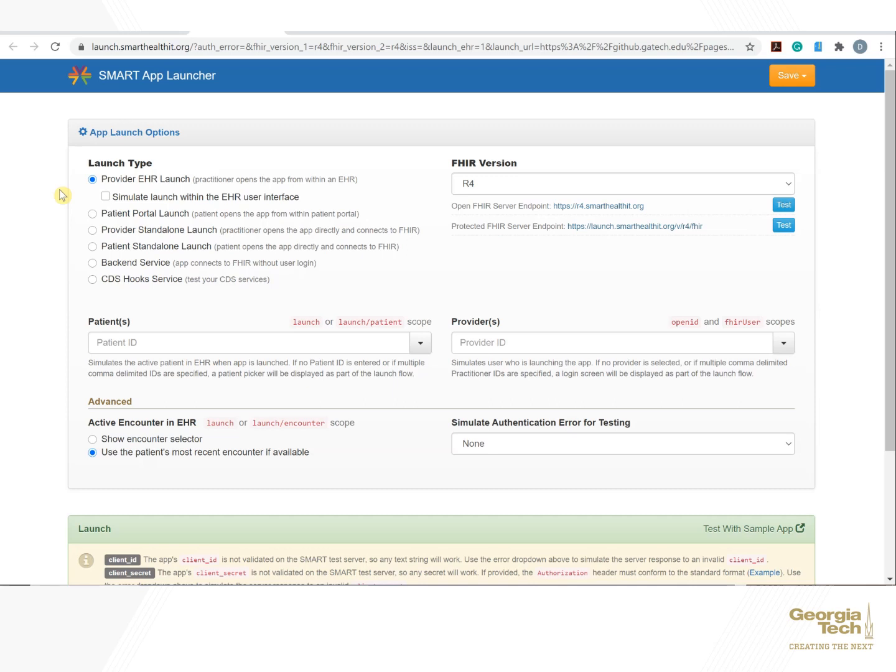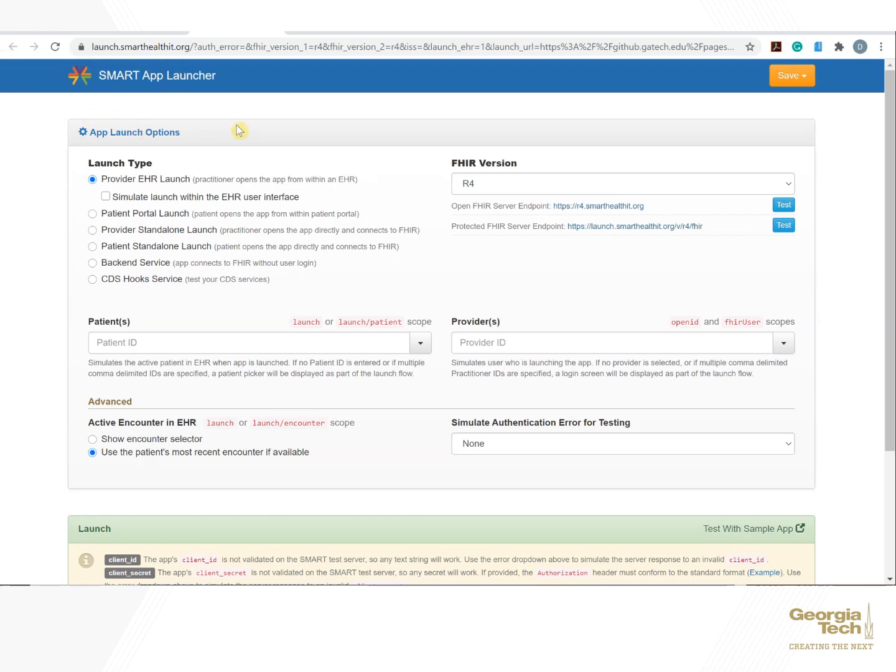Now let's see one of the main advantages of Smart on FHIR in action. The next step is we're going to be using another simulated EHR and Smart on FHIR sandbox. This showcases how Smart on FHIR can help aid in interoperability. We won't change any of the app's code, and let's see if it launches on this new sandbox. So let's go to the